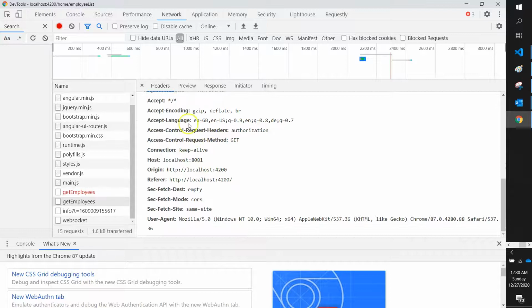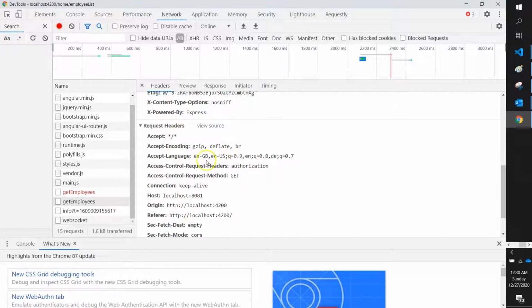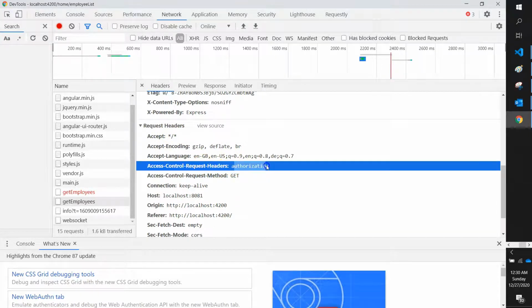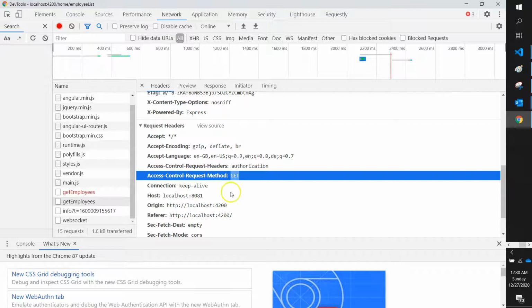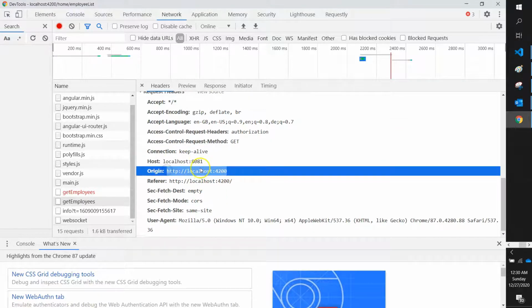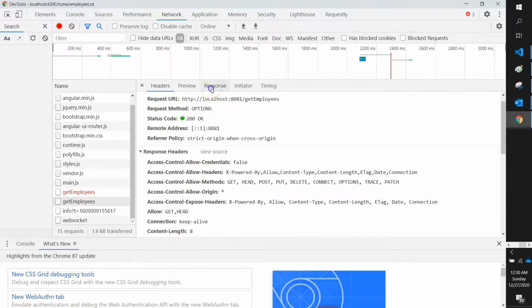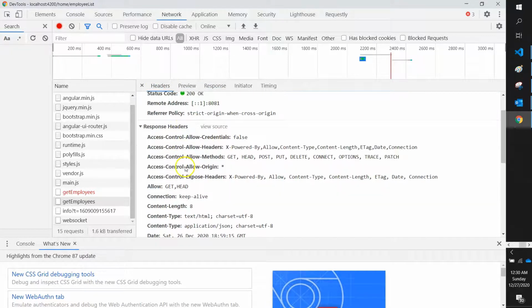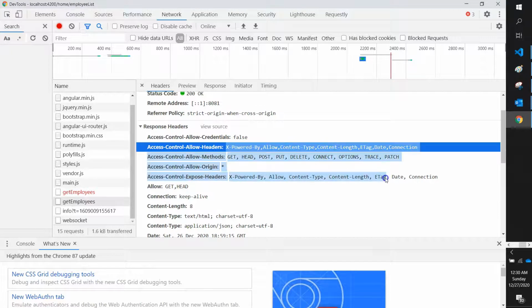If you see the request headers, you will understand. It is saying that it is going to send the authorization header, and the get method from this origin. And the server responded with what all it will support.